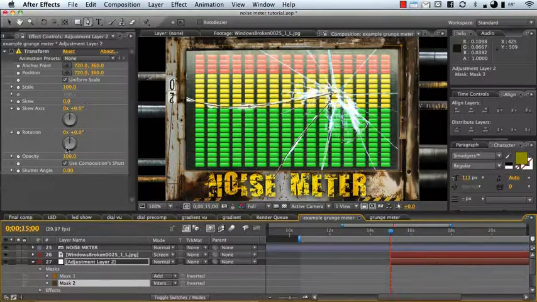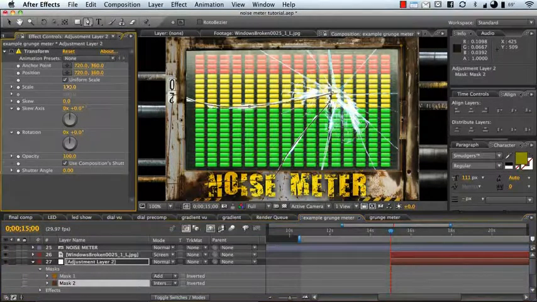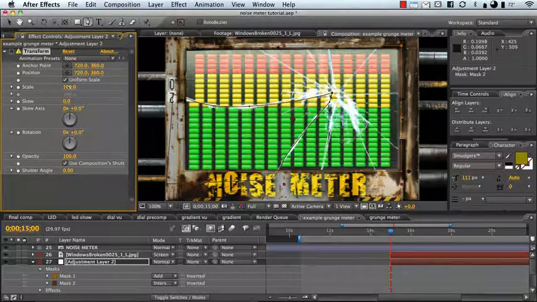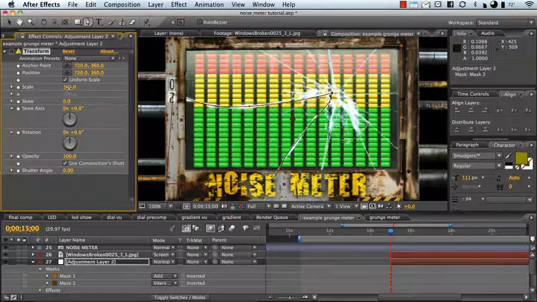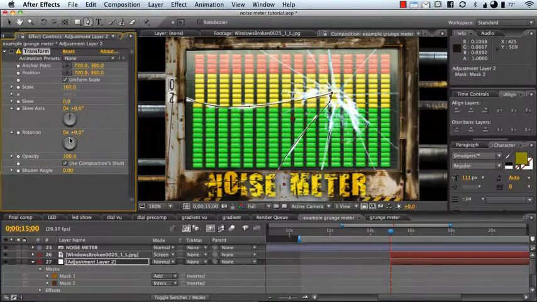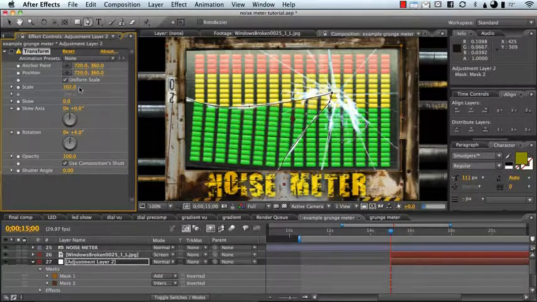So I've got two masks here, and now when I start to transform the adjustment layer, only that stuff in my mask is adjusted. So from here I can scale it up, I can rotate it a little bit, I can position it,